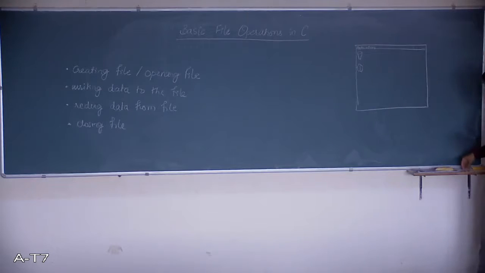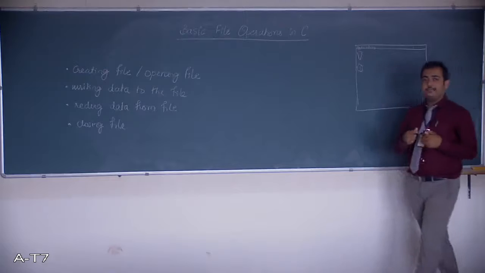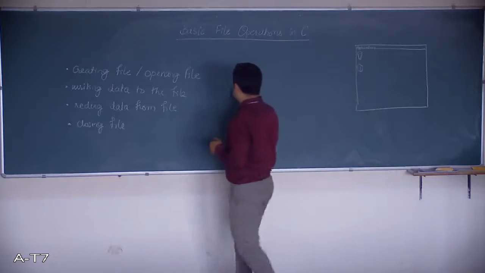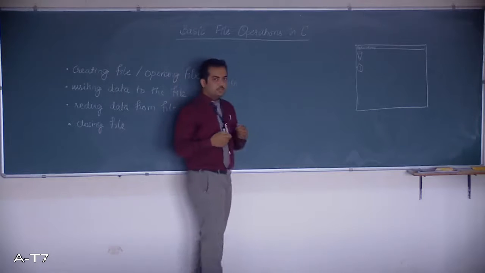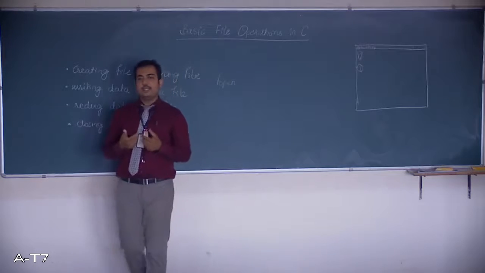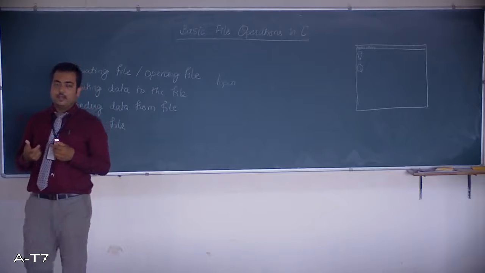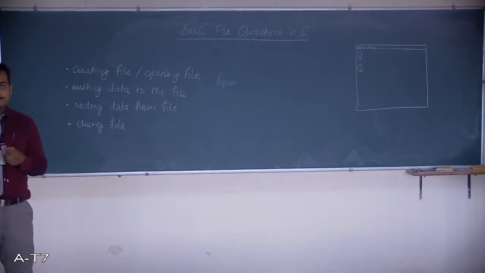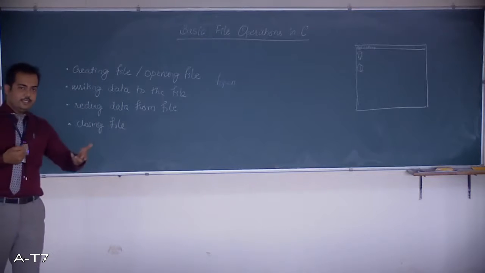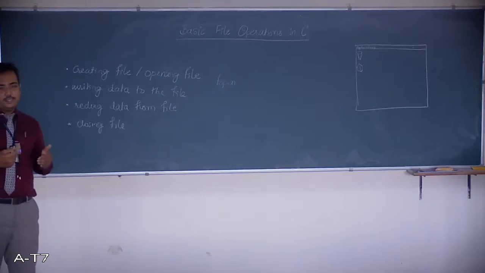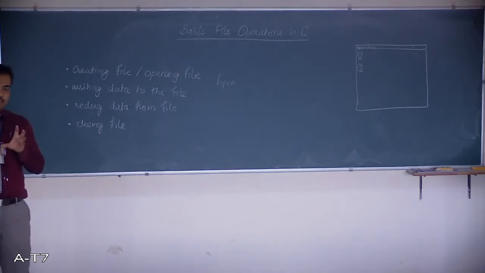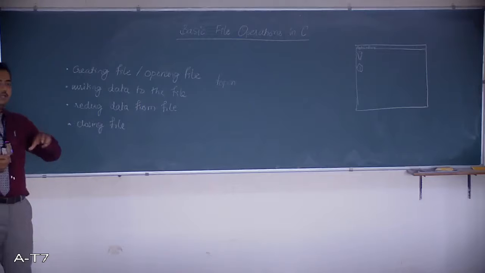So we have a function called fopen. So the function is like this, fopen. This function we have to use to create the file as well as open it. This happens simultaneously. So if the file is already created, then the mentioned file would be opened. If the file is not created, then with the mentioned file name, the file will be created automatically